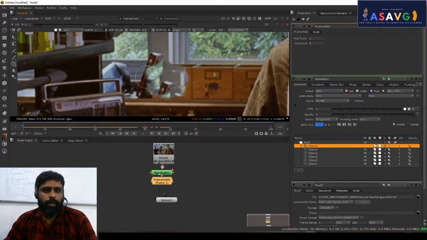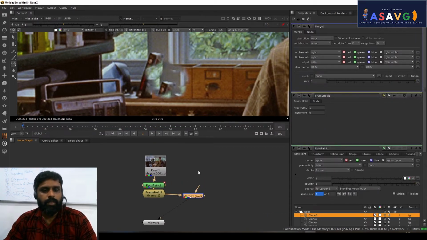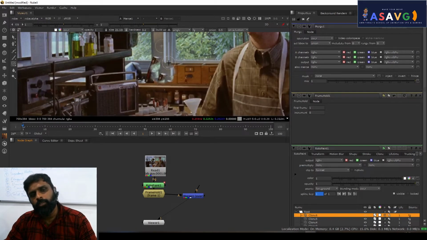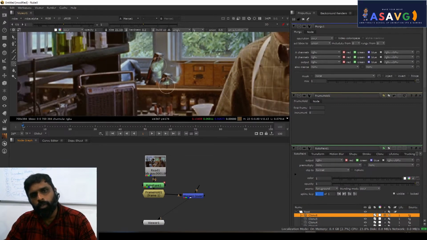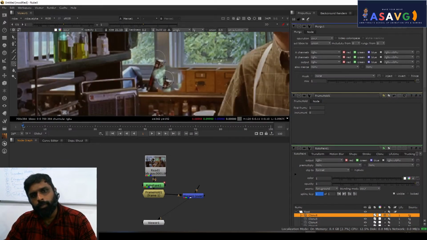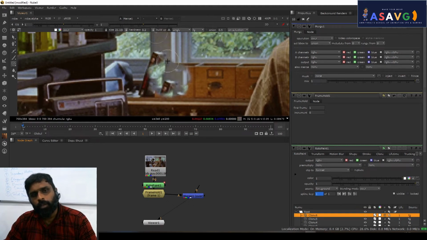Now you can see the complete footage is held. Now I will be adding a merge node. Press M for merge. Then I will be adding a roto. I have to cut this thing. If you want, you can use Photoshop also, but we have to do this continuously in Nuke. The same thing, if you want, we can take one picture, go to Photoshop, clean it, make a clean plate, and do the thing. But I am teaching how we can clone it in Nuke as well.